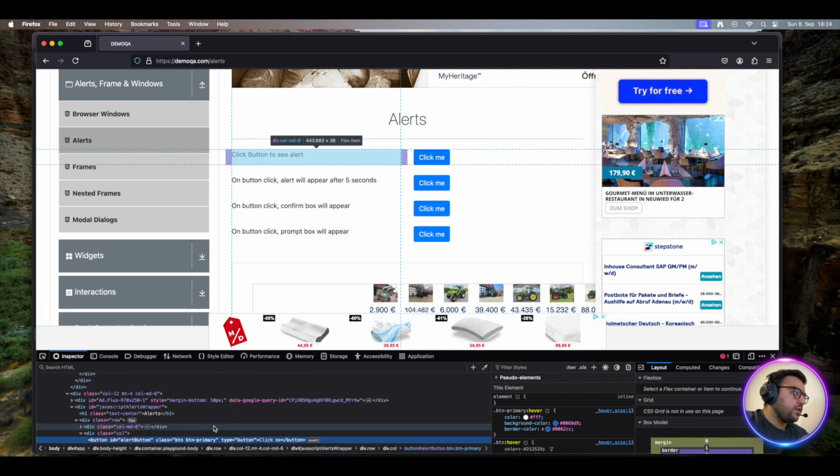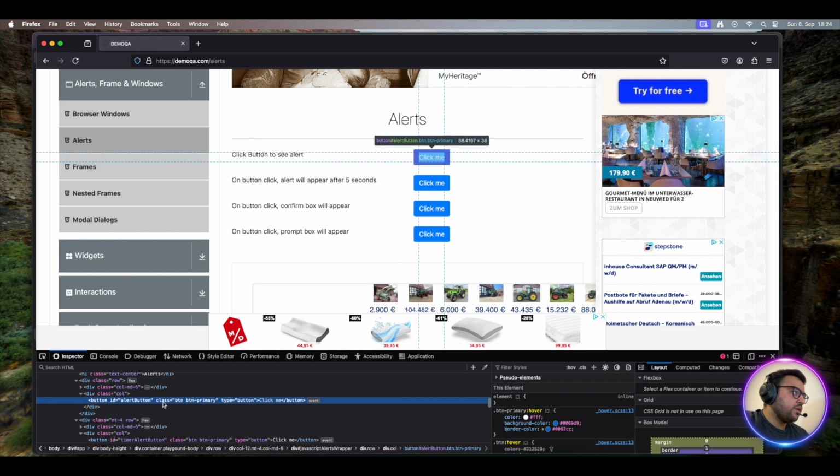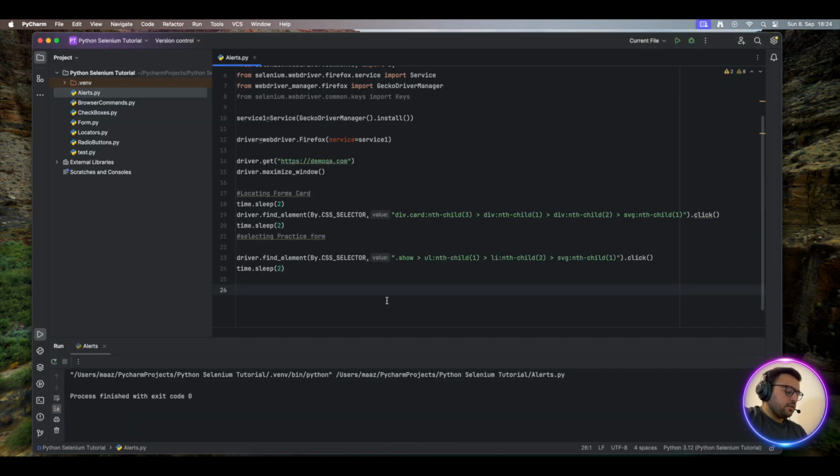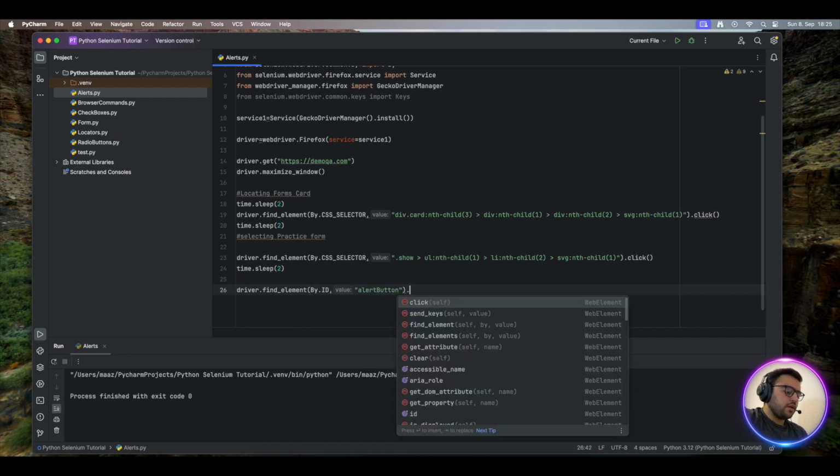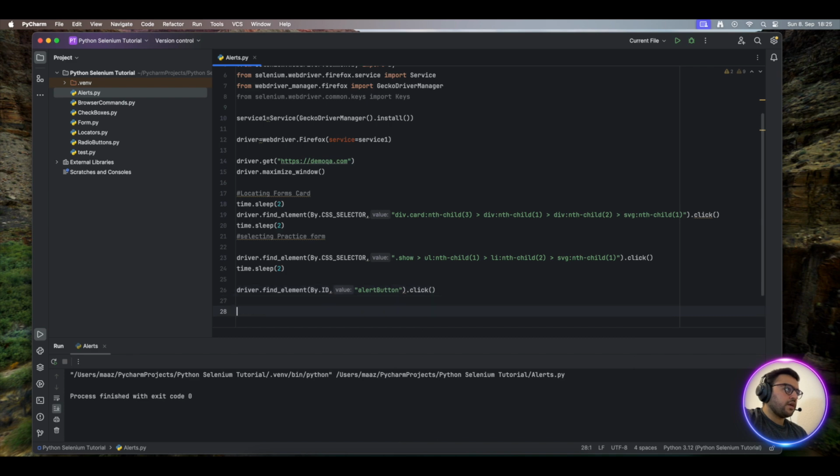So let's click here. So this is an alert button, so I'll locate it by ID. Then I think all the ID values are unique, so I'll locate by ID. So I'll do driver dot find element by dot ID, paste the ID and then click, and after clicking I'll again do time.sleep. Then